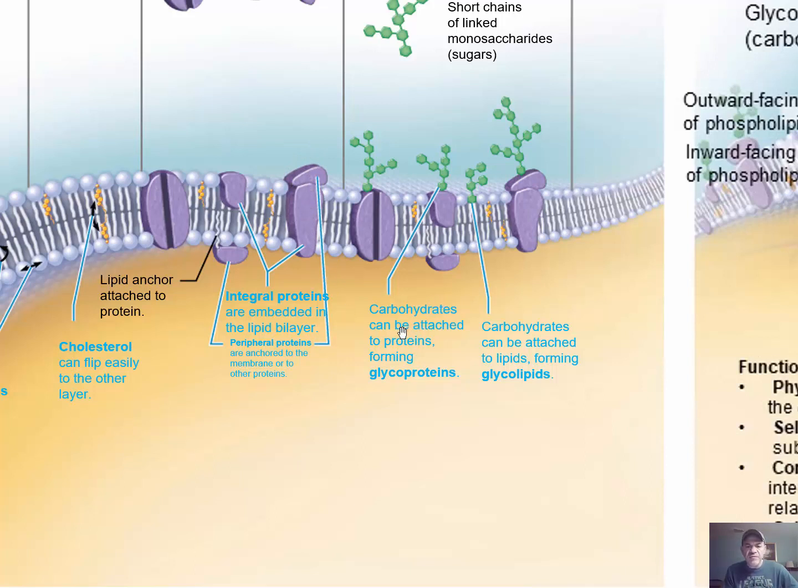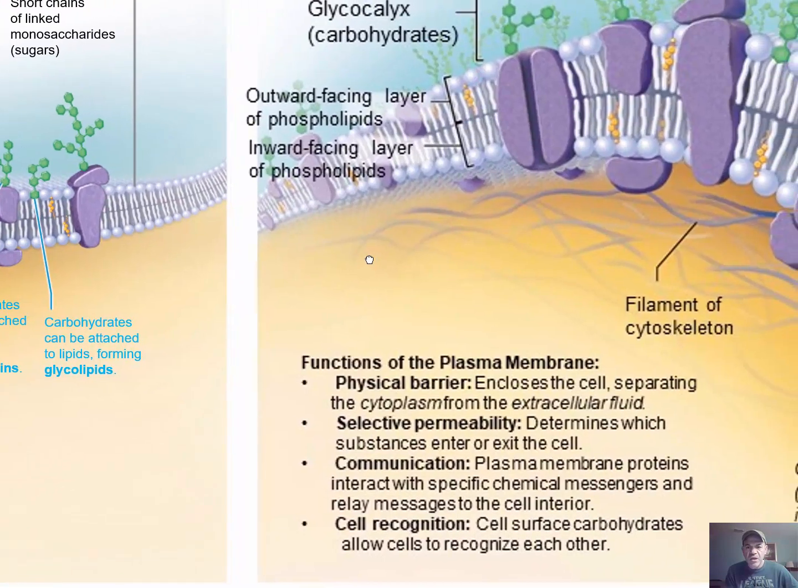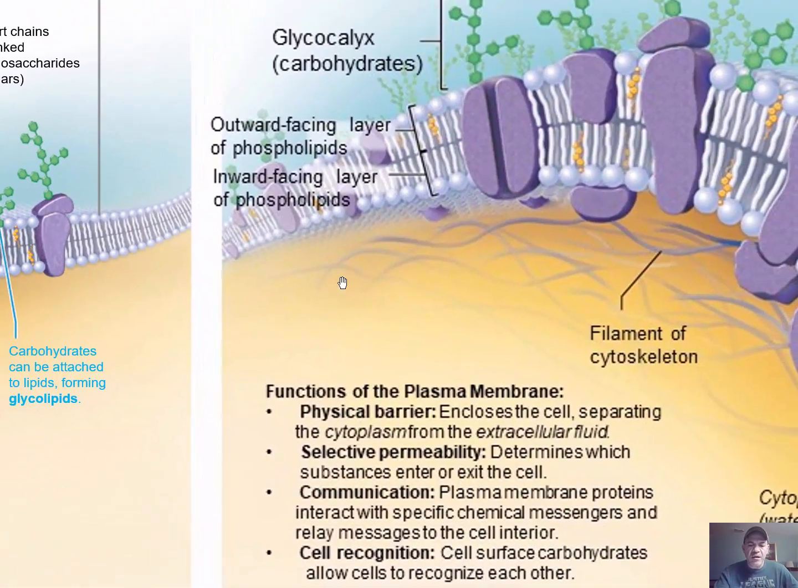Then we have carbohydrates at the surface, and they can be attached to proteins, and we call those glycoproteins, for sugar proteins. And there's your chain on a protein there, on an integral protein. And then we have carbohydrates that can be attached to lipids, and we'll call those glycolipids. So there's one there called a glycolipid. Looking at the other model